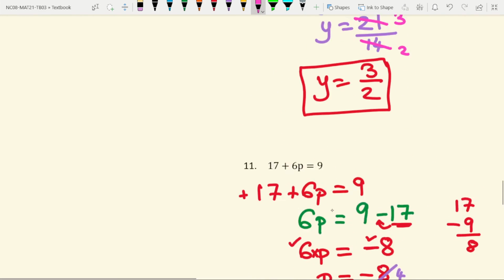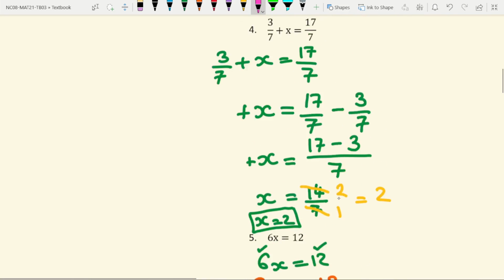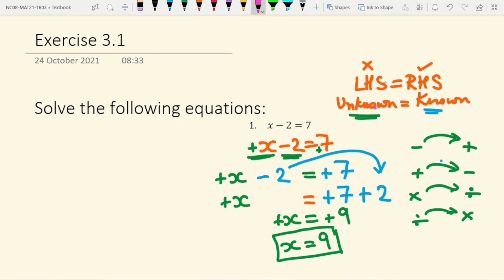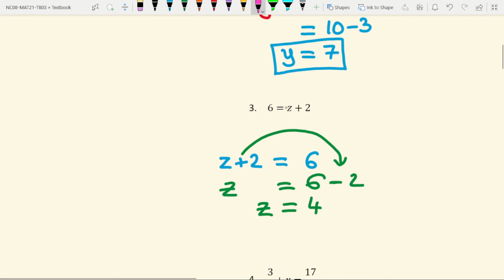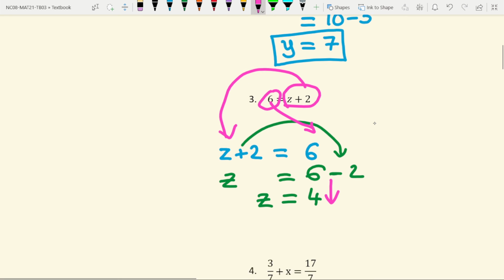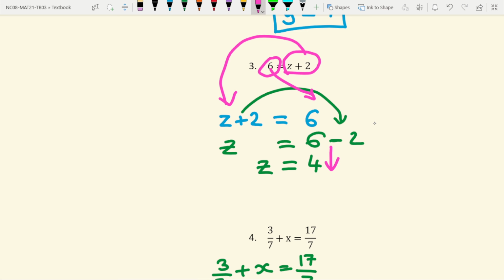So what you have to do is remember just two things. The first one is that the unknown term should be in the LHS, and the known term should be in the right hand side, RHS. This one you have to remember. Sometimes they will give the unknown in the RHS. So you have to shift the whole RHS to the LHS and the whole LHS to the RHS. If you do this much, there will be no confusion in solving the next steps. So these 2 points you have to remember, and if you remember these 2 points, you can solve very easily.